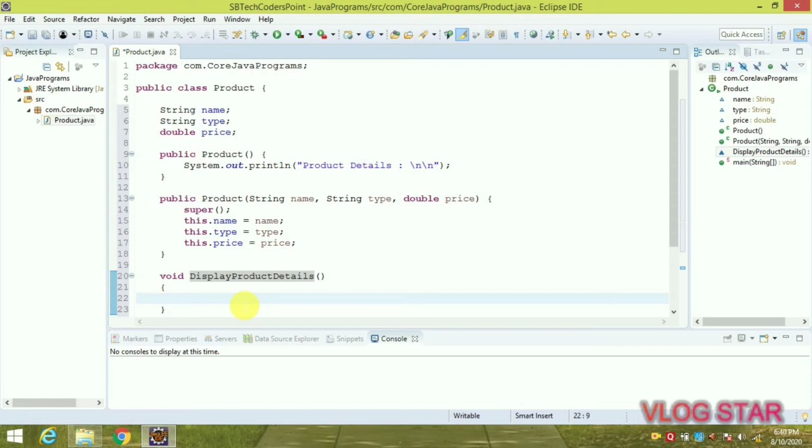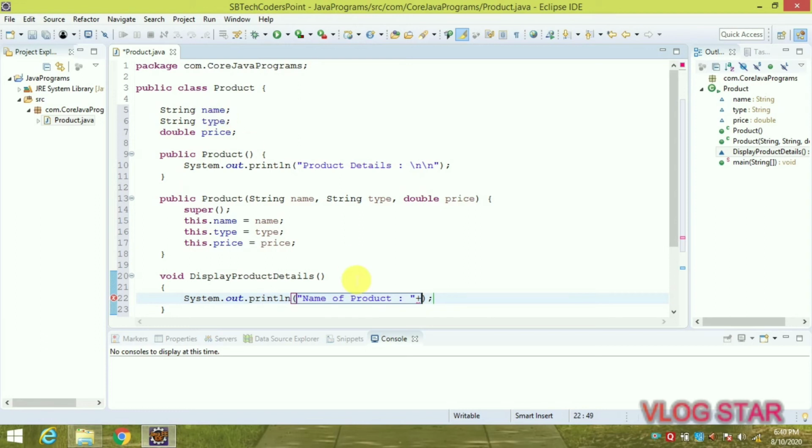Now here within this display method, we have to print SYSO, Ctrl+Space, that is System.out.println. Here within this, as we know, we can type anything, but we want to print the name of the product. So name of product, then plus sign is for concatenation, and we need to print this name over here.